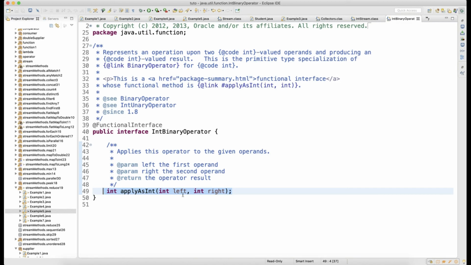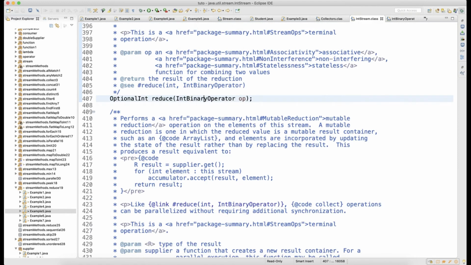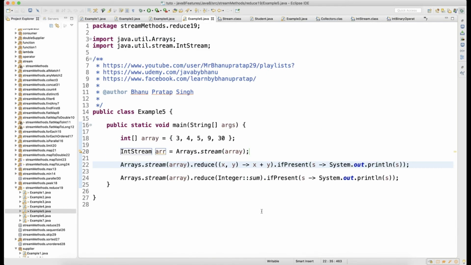It will take two arguments, left and right, and whatever implementation you write, it will perform. In applyAsInt, I am saying go and sum the two numbers, and then after the sum, if any data is present, just print the data. Okay, this is one way of doing that.